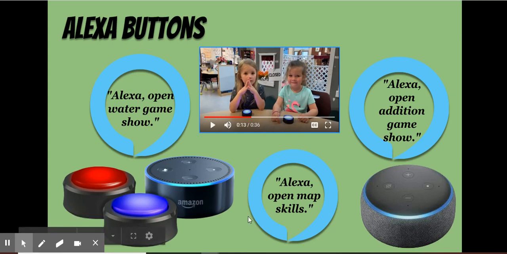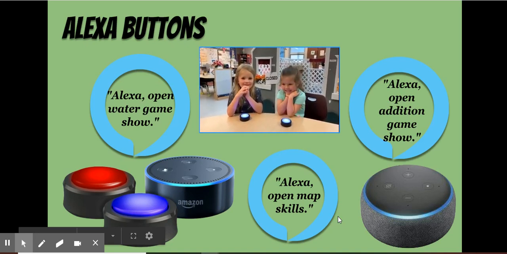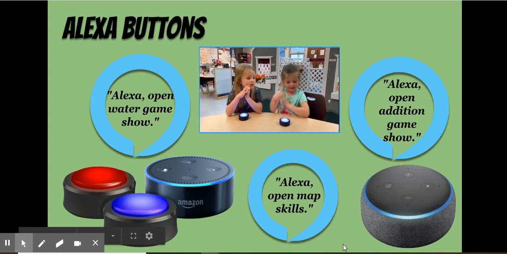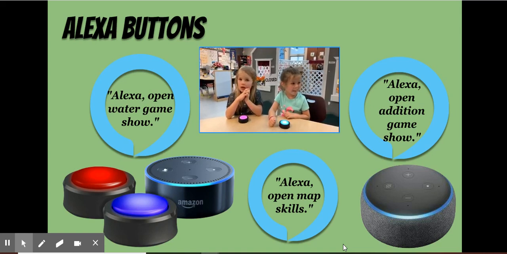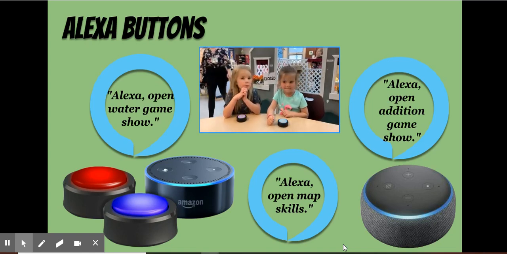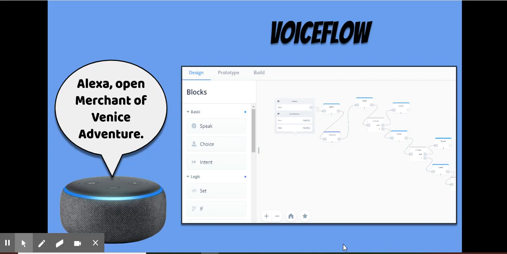So you can see here that our students, these are preschoolers, were practicing some of their standards using the Alexa, and they were answering Alexa's questions, and you'll see the remote being used as well. Students love doing this. They get super excited with using it in the classroom. Just a fun way to come up with your own review games of the content you're teaching.